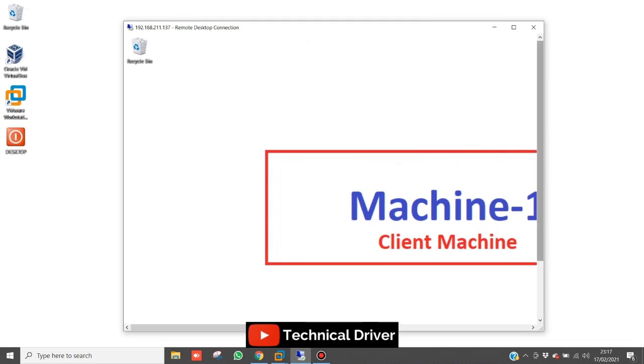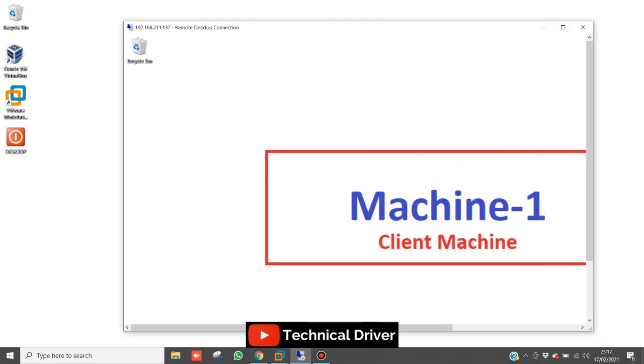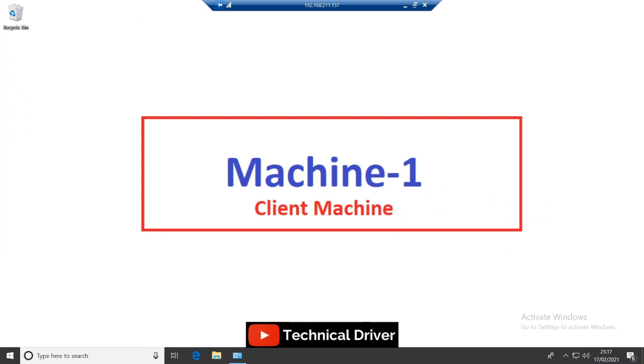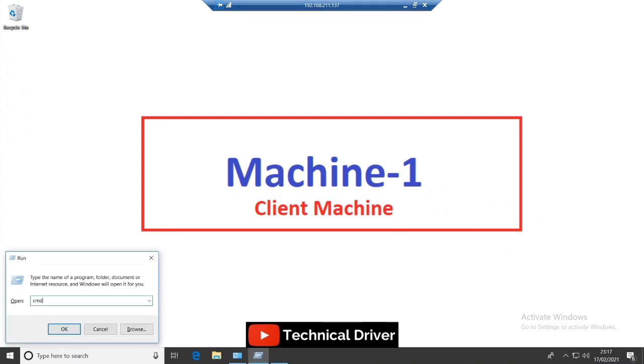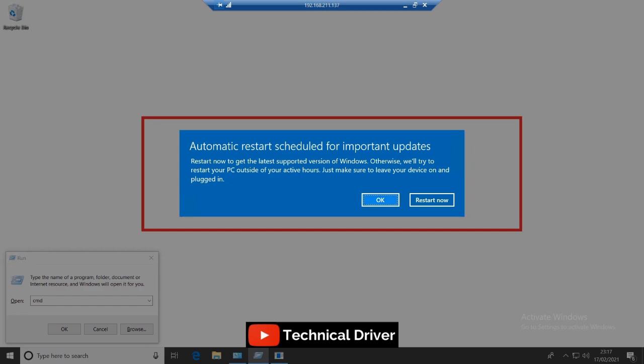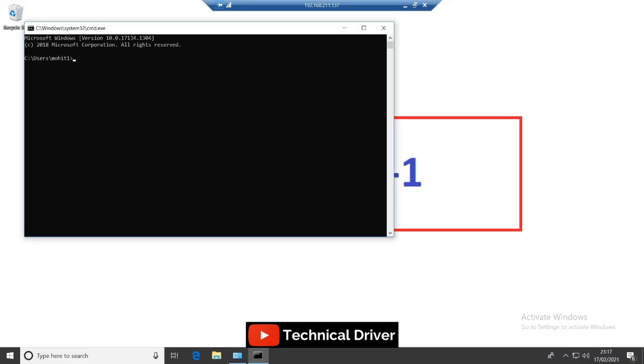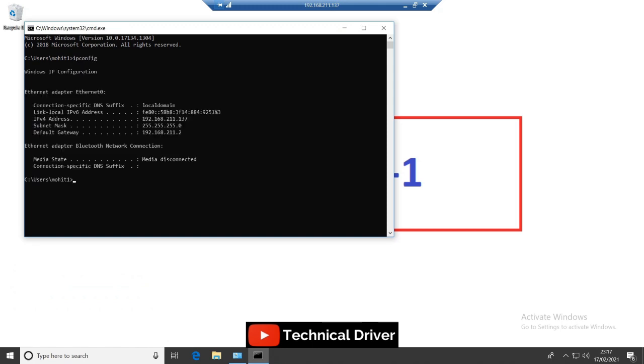So guys, first of all, I will check both systems' IP addresses. This is the main thing which you have to check and note. I am checking the IP address in my virtual machine using the command ipconfig.